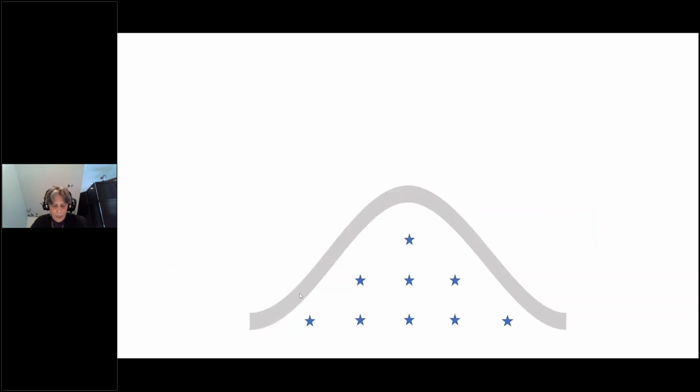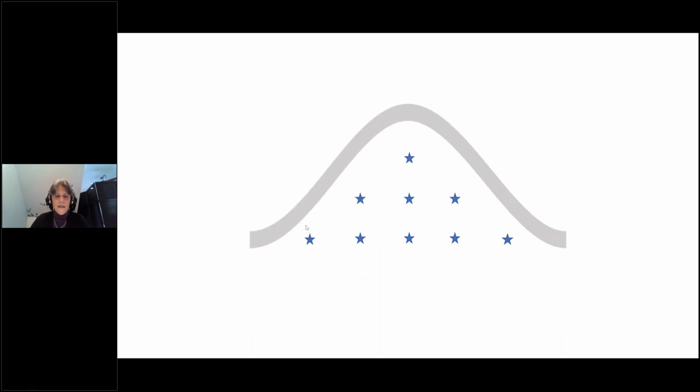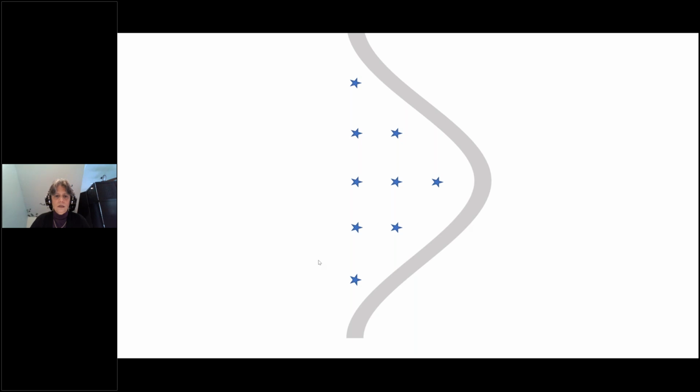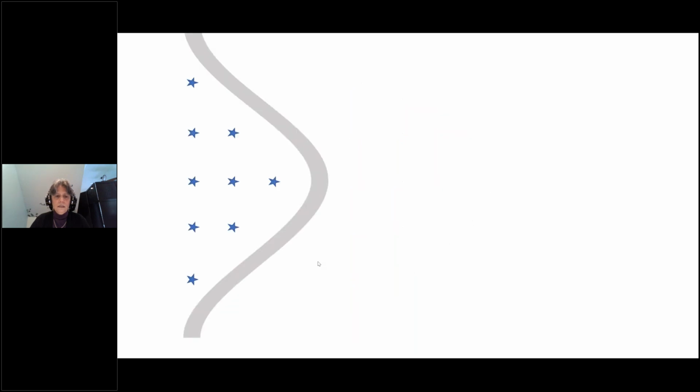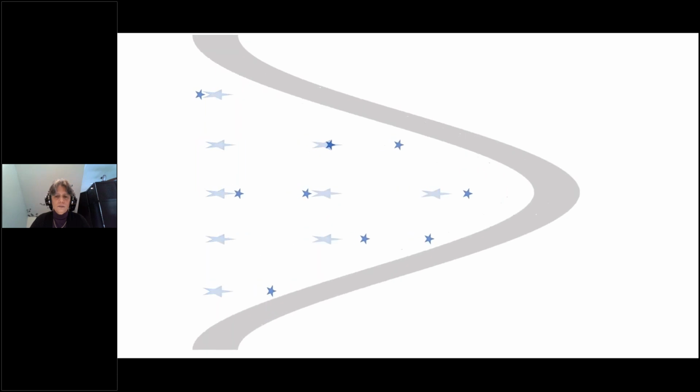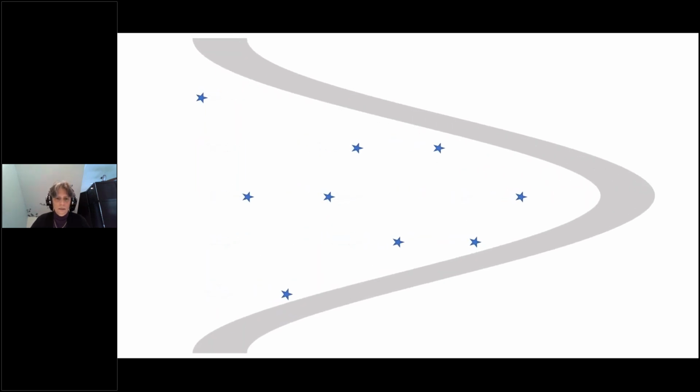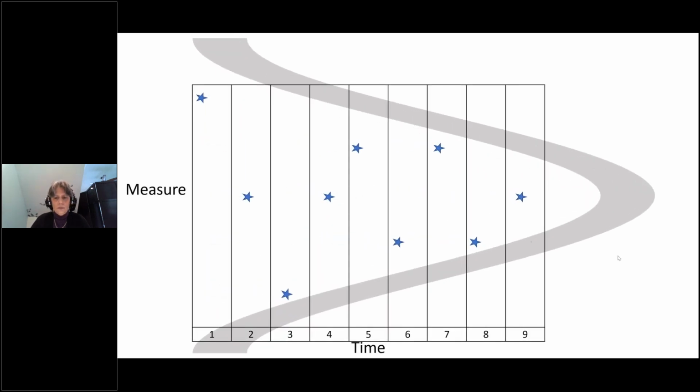And everybody knows this is the sort of crude representation of a normal curve. I'm going to explain this in a kind of simplistic manner, but bear with me, because I think you'll get the point, even though you'll understand that it's actually a little more complicated. So we have a normal curve, and if we take that and turn it on its side, and stretch it out, then we still have